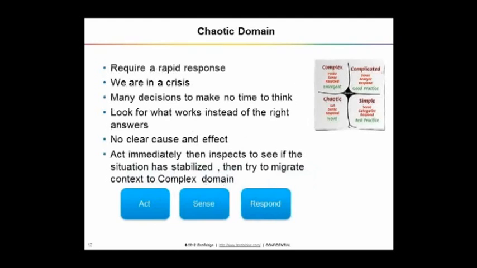Chaotic, firefighting. Nothing is working. You are just looking at a possible way of cooling down the things. You are not looking for the right answer. You are just looking for something which can just work. You don't know what will work. There is no relationship, there is no data. Everything is giving some problem. The customer is unhappy.